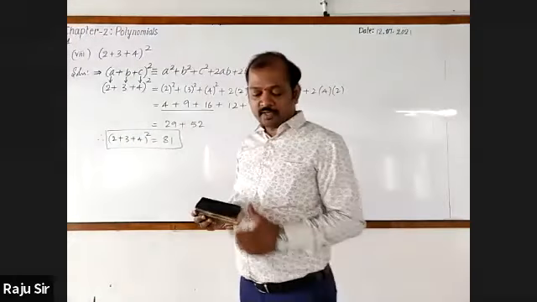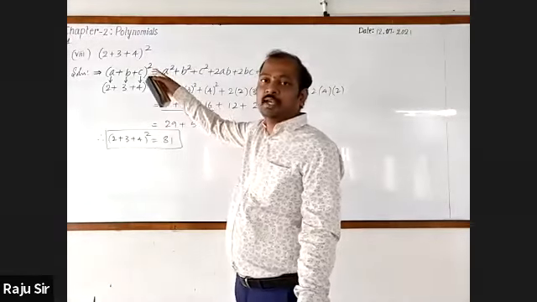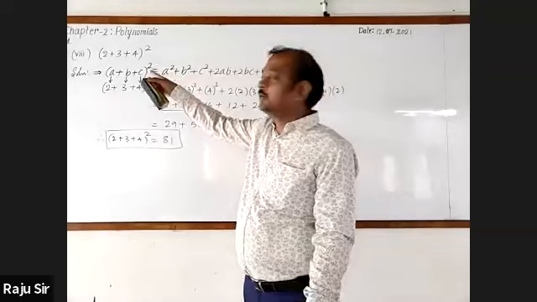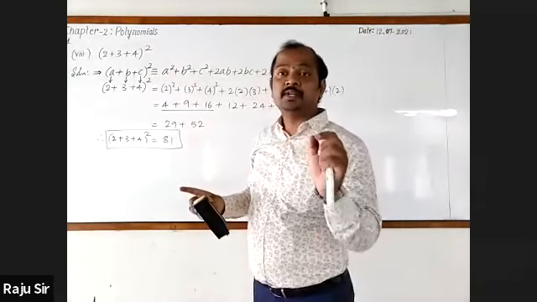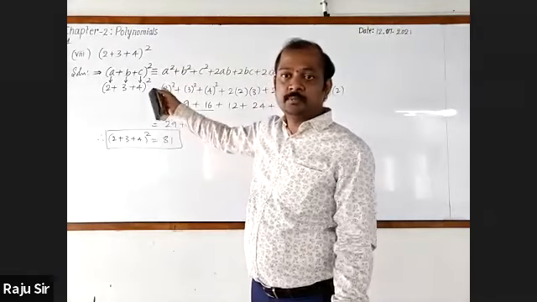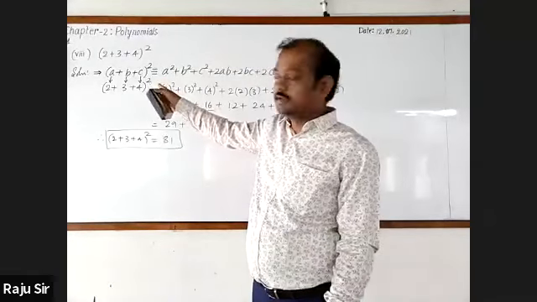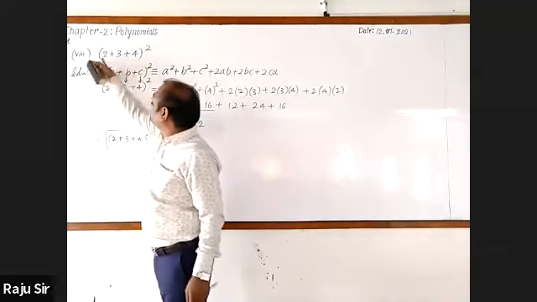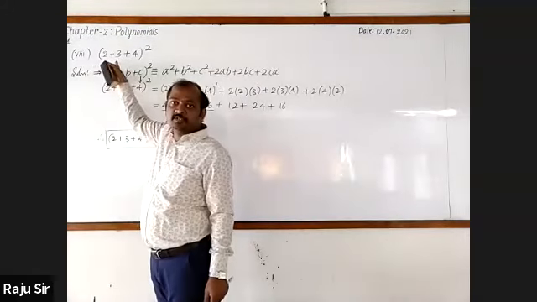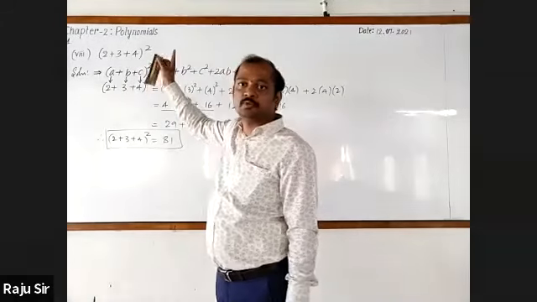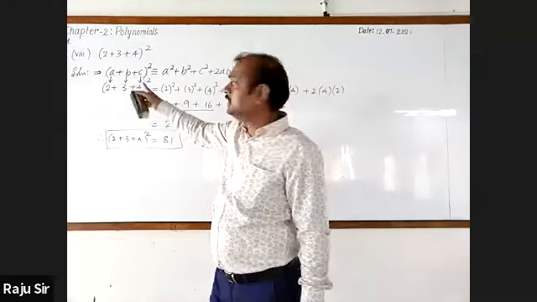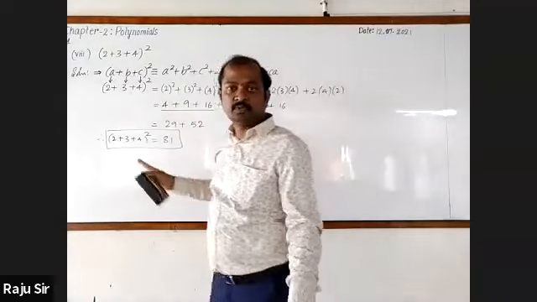I think you may be asking that 2 plus 3 can be added. Yes, then you will take 5 plus 4 whole square. No, sir, it is clearly mentioned that it should be simplified by using the identity. Without disturbing this statement, you will disturb more later. 2 plus 3 plus 4 should be written as it is only. So it will be of the form A plus B plus C whole square.